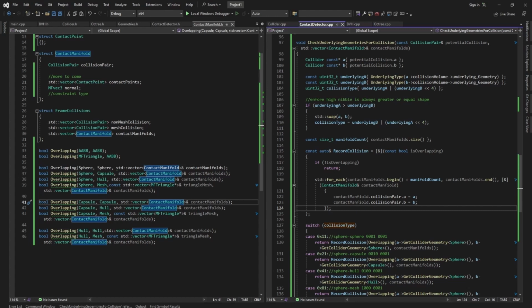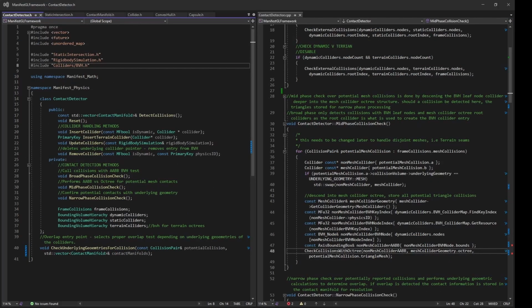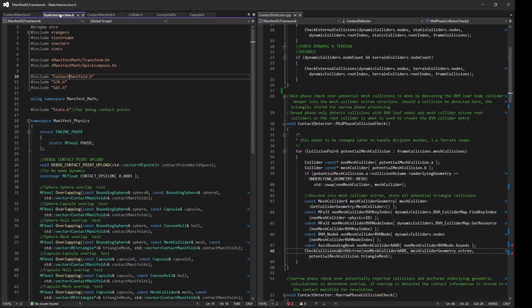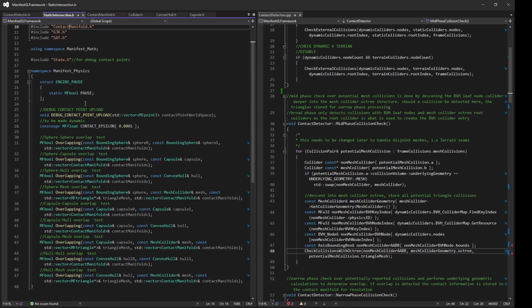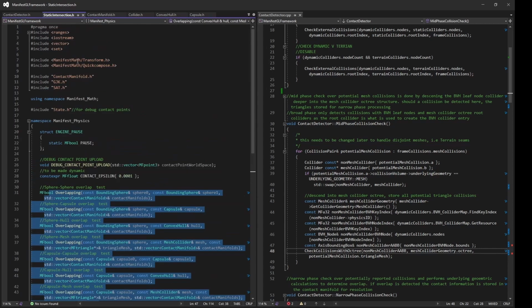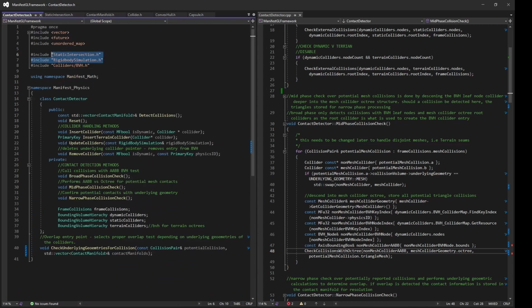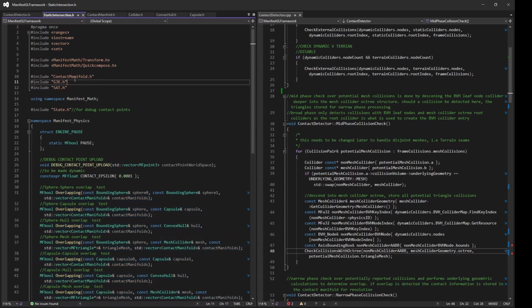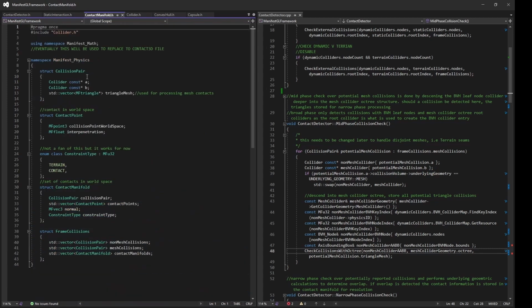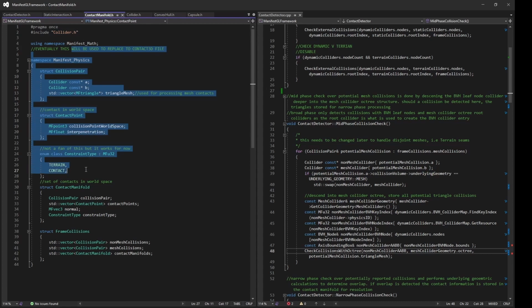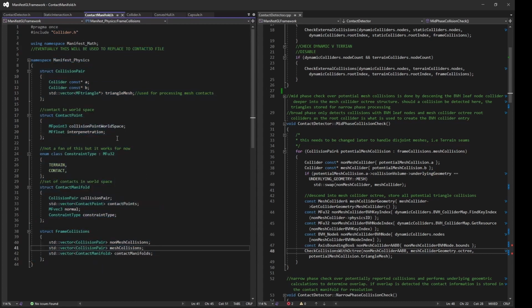show the layout. Okay, and as promised, here is the actual code layout in Manifest. As you can see, all of the collision detection, all the overlap functions, are handled in the static intersection file, and that's implemented by the contact detector, which has the phases and that underlying geometry check. The static intersection includes the contact manifolds, which include the colliders and define all of the structs needed for the collision